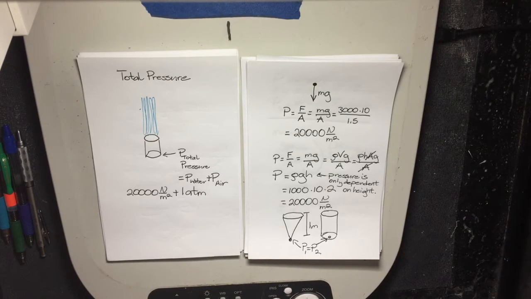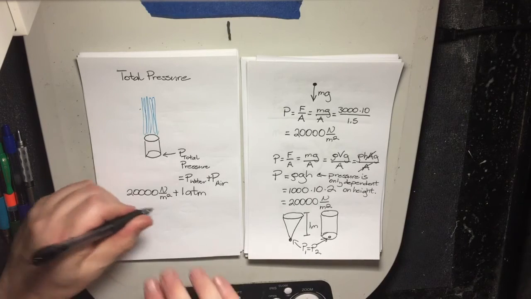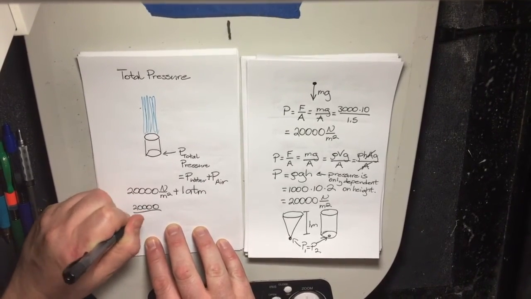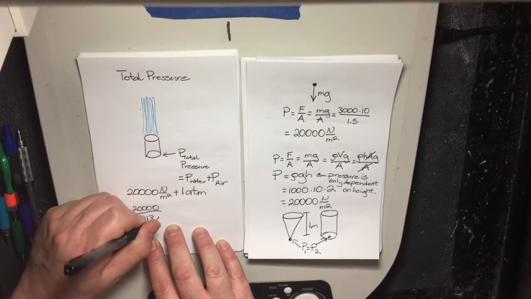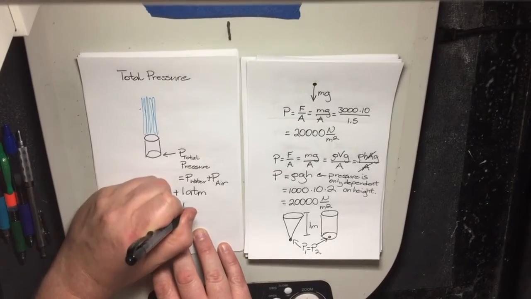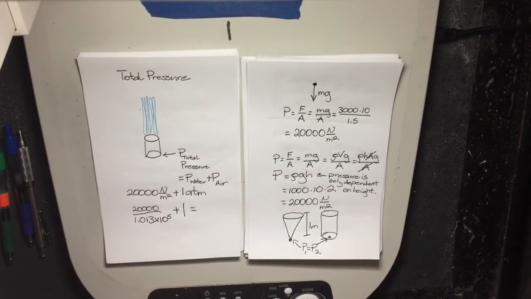If I didn't specifically mention it, then it's my obligation to give you the units. Let's say I want atmospheres. Then you would take that 20,000, divide it by 1.013 times 10 to the 5th, add 1, and that gives you